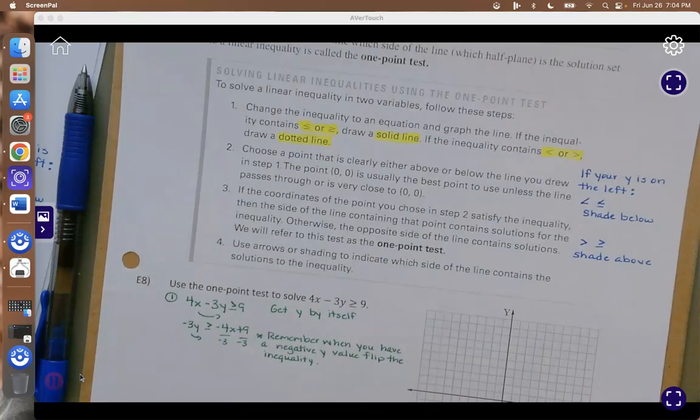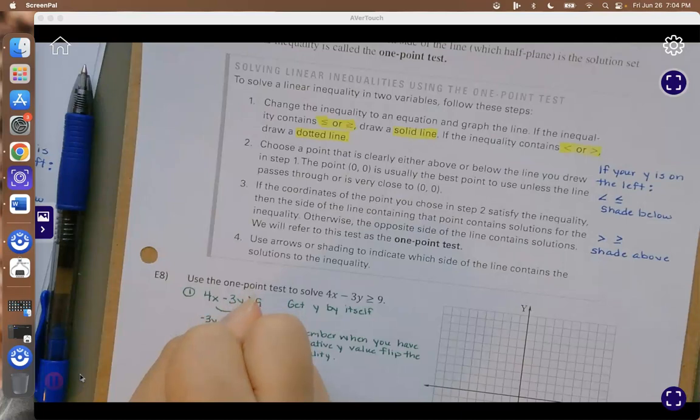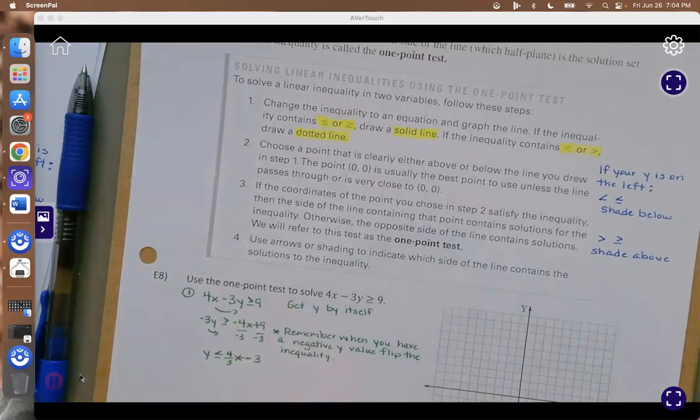Okay, so this is going to be y is less than or equal to positive 4/3 x minus 3. Okay,